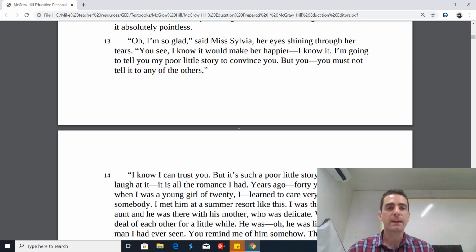Okay, so paragraph 13, and 12 again. It's important. The old lady is actually crying now. She's sobbing, and she has now offered to tell the young boy her story, her sob story that relates in some way to his story. So I feel a bit sorry for this old lady now. She seems quite lonely, and it seems like she's stuck in the past, and the ghosts of the past, these memories of a failed romance, are haunting her even in her 60th year.